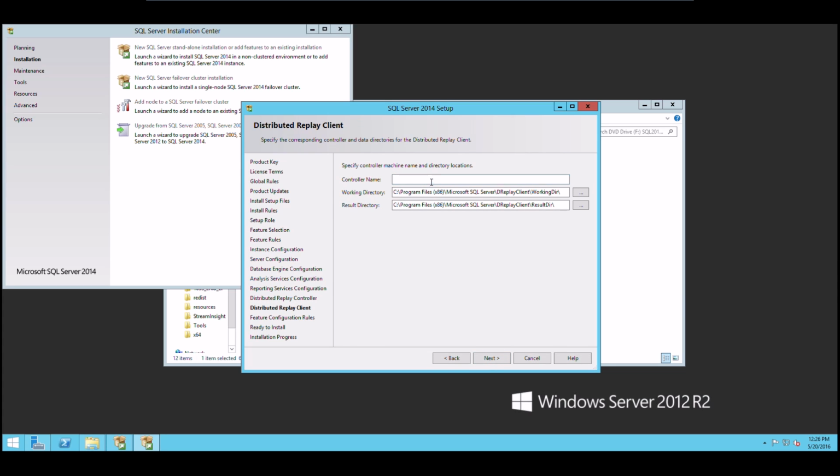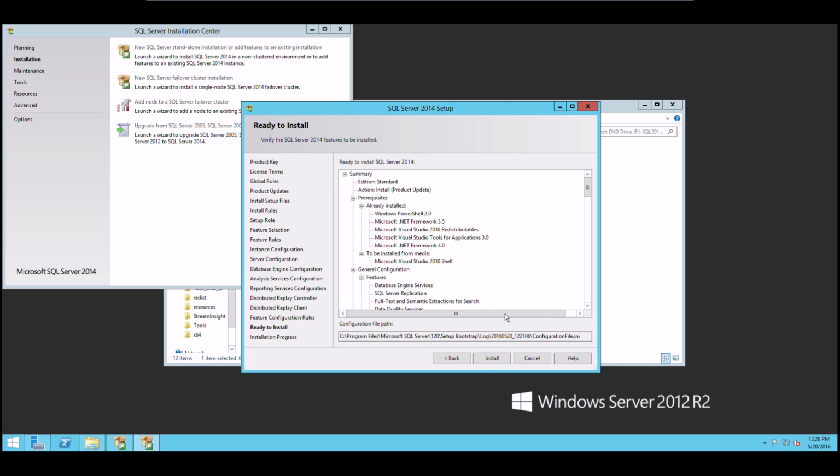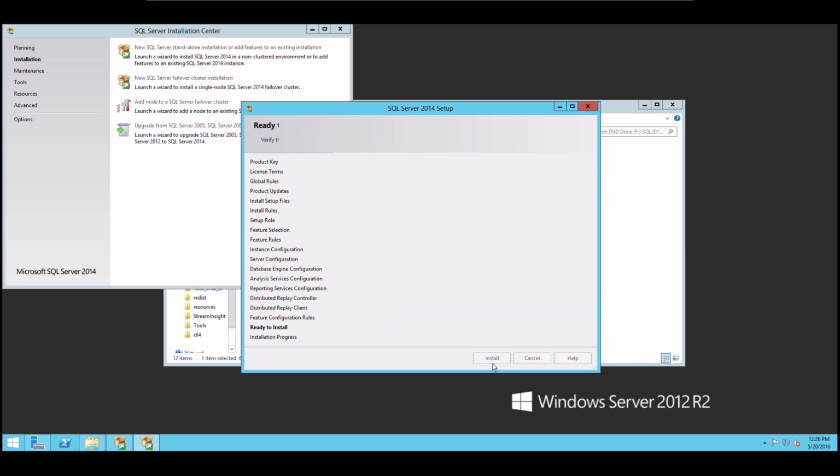Okay, specify controller machine name and directory locations. So we are going to type in that computer name that we typed in before, right here. Okay, and you can basically leave these paths here. Click next. Okay, and here it's going to give you the opportunity to verify all of the features that are going to be installed here, and give that a quick look and click install,